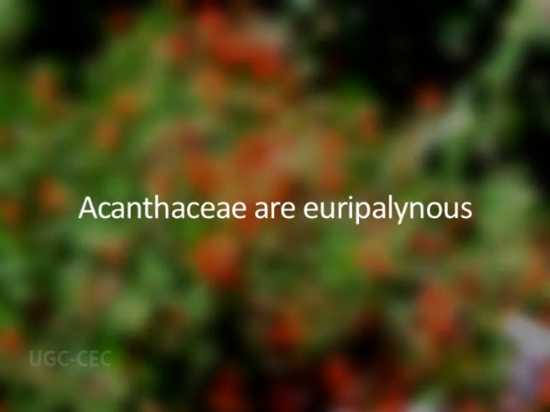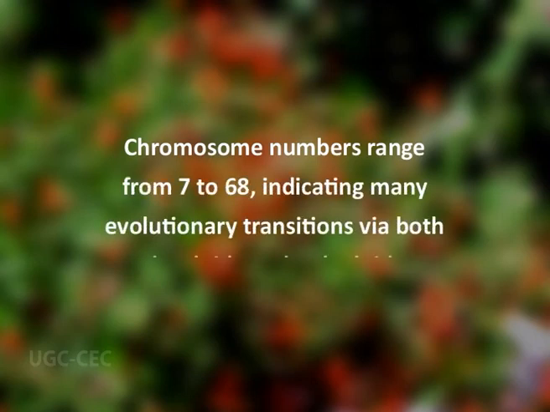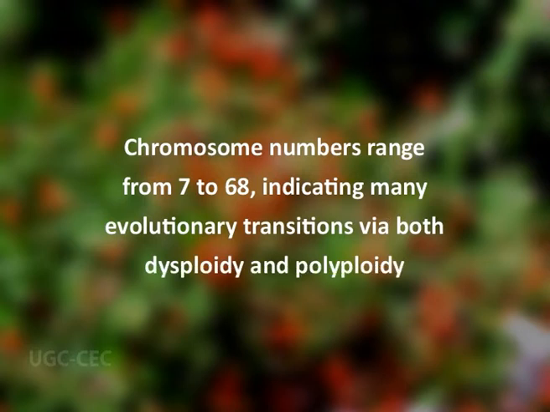Acanthaceae are eurypalynous. In terms of the number and type of apertures as well as ultrasculpturing, pollen grains of Acanthaceae are without doubt as diverse as any other family level lineage, regardless of the size. 11 different pollen types have been recognized in this family. Chromosome numbers are similarly diverse with documented haploid numbers ranging from 7 to 68, thus indicating many evolutionary transitions via